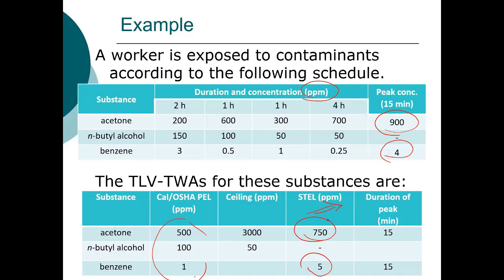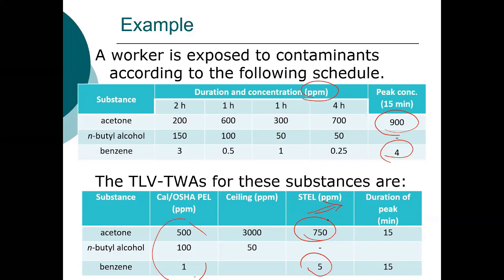Basically, looking at housekeeping measures, looking at what engineering controls can be put in place to minimize these higher concentrations. When do they occur? They only occur during certain processes. Okay, well, if they only occur during certain processes, then we can start thinking about how we can modify that process in order to ensure that the concentration is below the STEL.